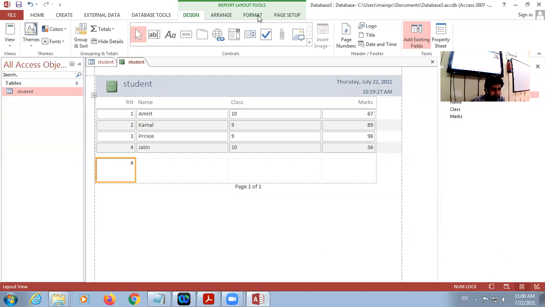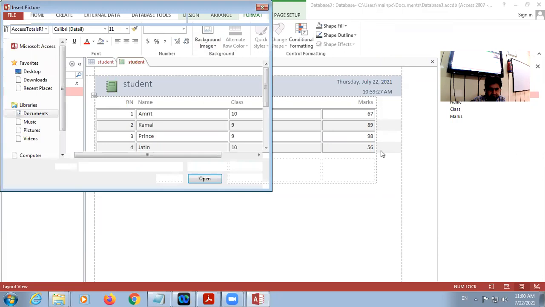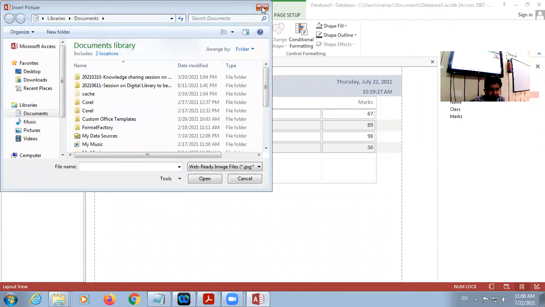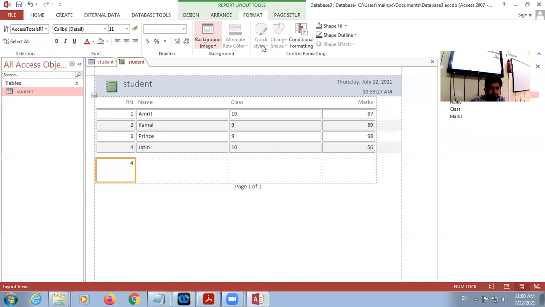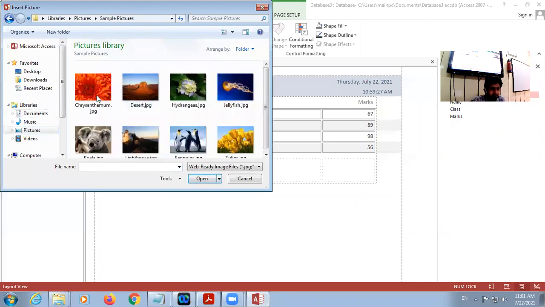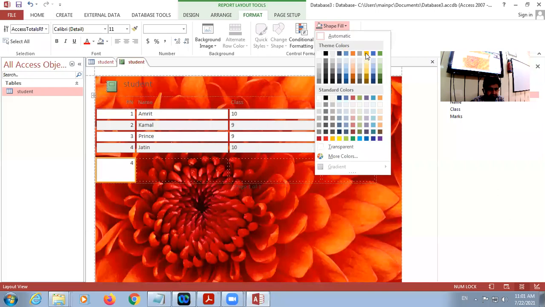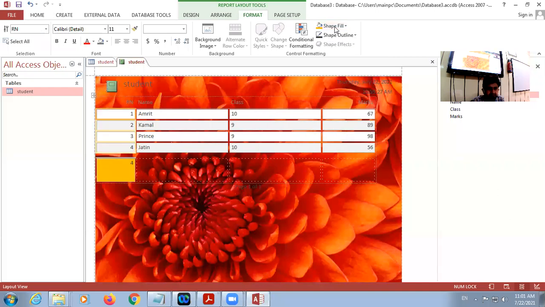If I click on format, there is background color, and background image, if you have any image in your computer system. So look here, pictures, background image. Here we can also fill the colors: select the component and fill the color.